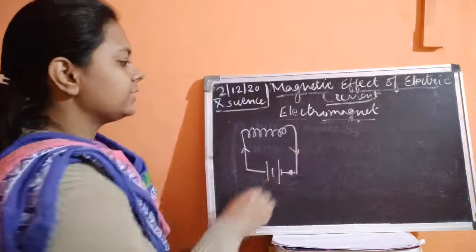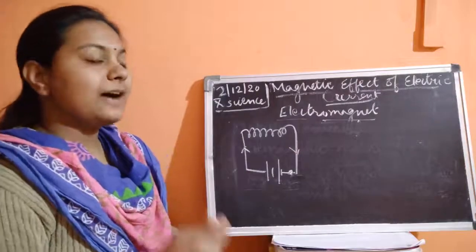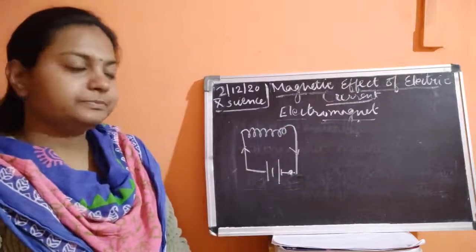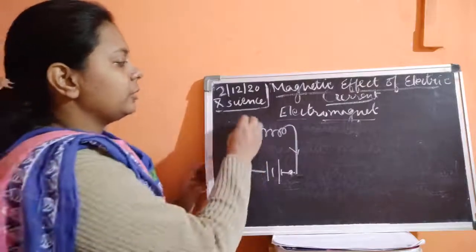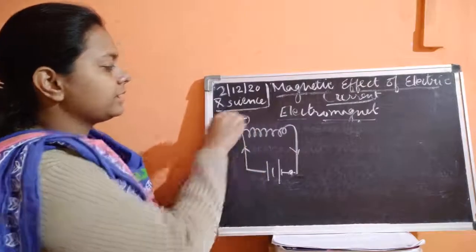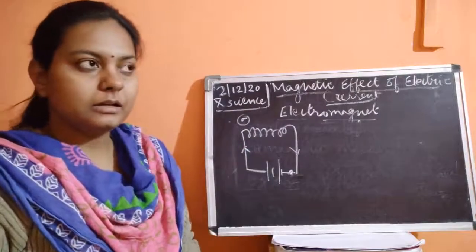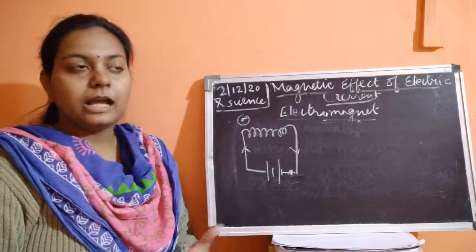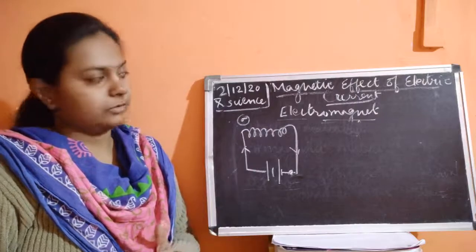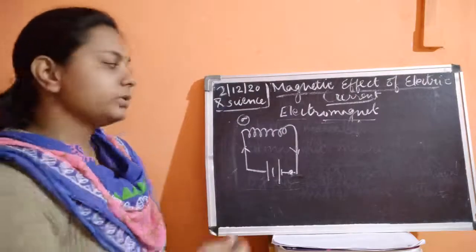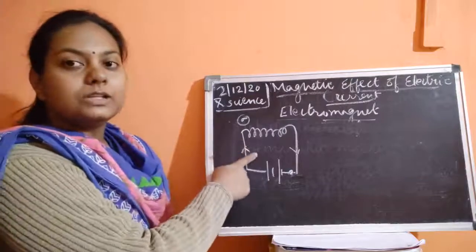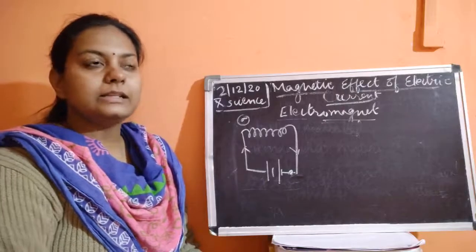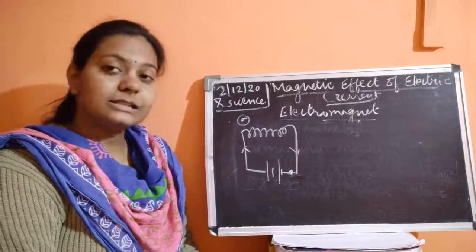Once the electric current is flowing inside the circuit, we have to test whether it is going to give rise to electromagnetism or not. So how can we test it? We can test this with the help of a magnetic compass. We'll bring a magnetic compass, which has a magnetic needle inside it, near this insulated copper wire where the current is flowing, and you can easily detect the magnetic effect. How can you detect it? You just bring this magnetic compass near this insulated copper wire. The needle inside the magnetic compass starts deflecting.